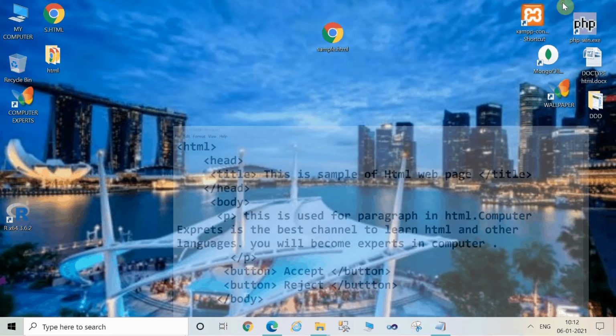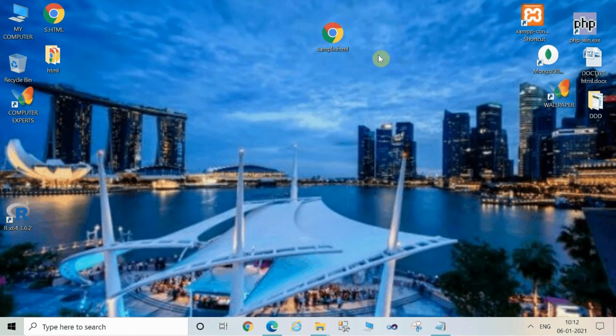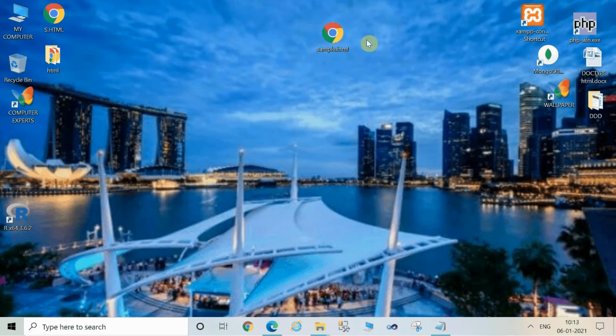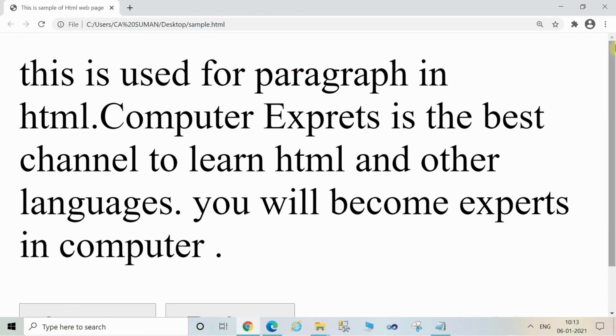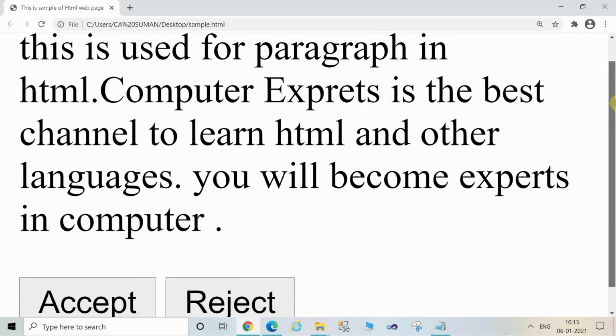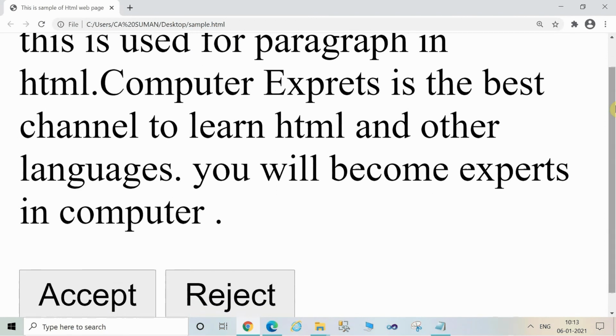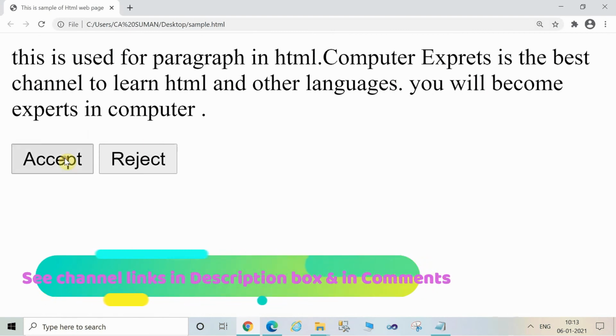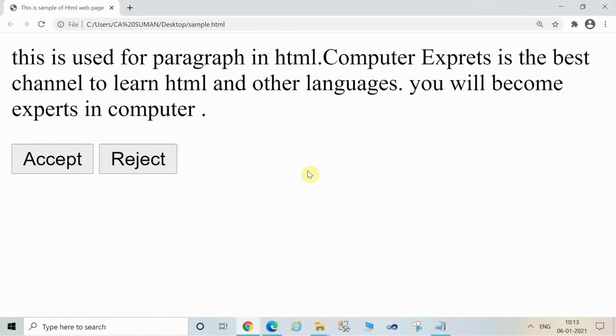After saving the file, go to the destination where you have stored your program, then right click and open the program. Now you are able to see the contents on the screen. जो भी आपने contents edit किए थे वो आपको visible हो रहे हैं browser के अंदर. So in this way you can write an HTML program. As we have come to the end of this video, I would like to say one thing. Just try writing this code yourself in Notepad and try to run the program.